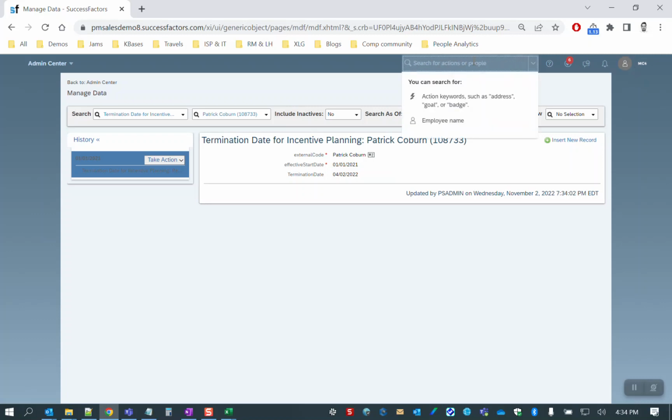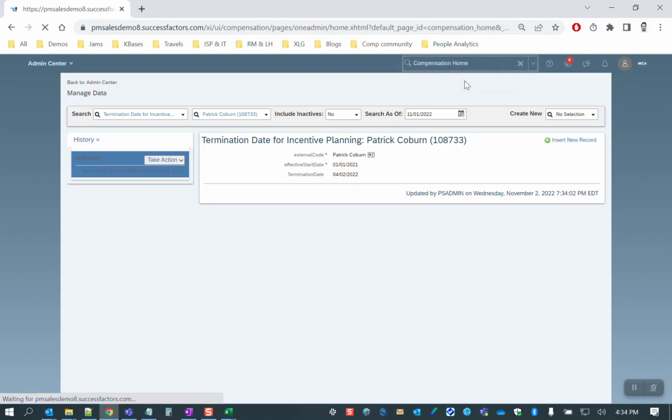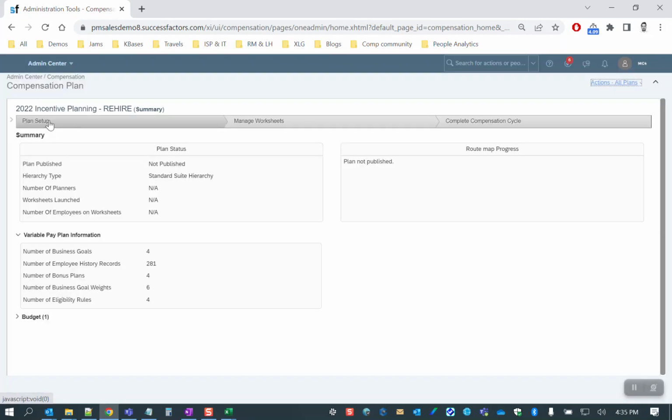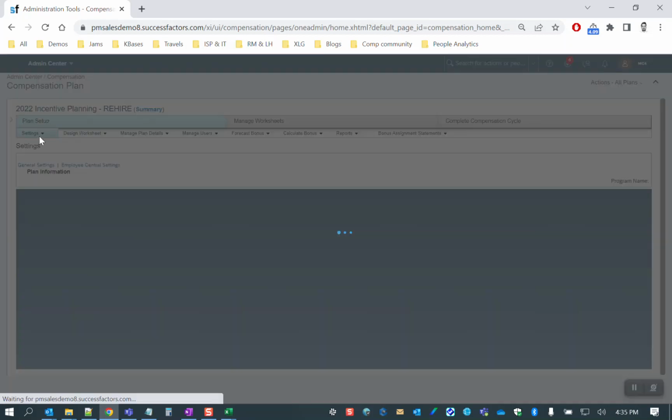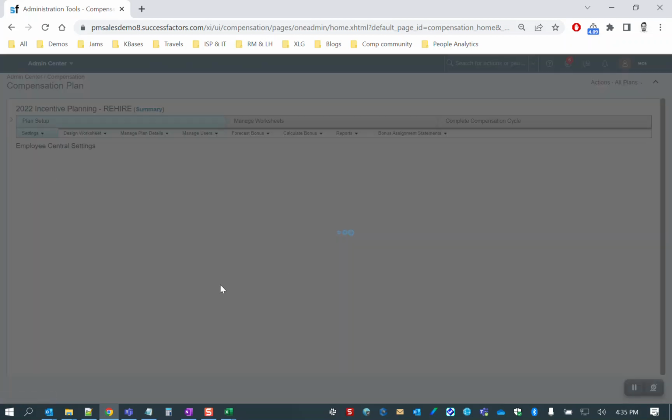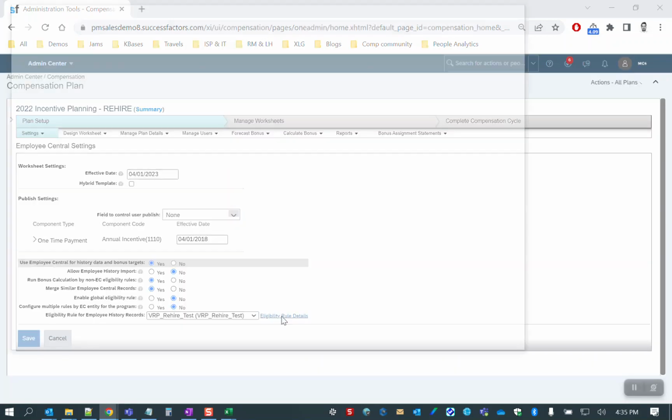So now the last step of this process, everything's ready, and from now on, for any new cycle in the upcoming years, it will work without the system administrators having to do anything. So now the last step to test this design is to go to our plan setup and go to our record rule, click on the rule,